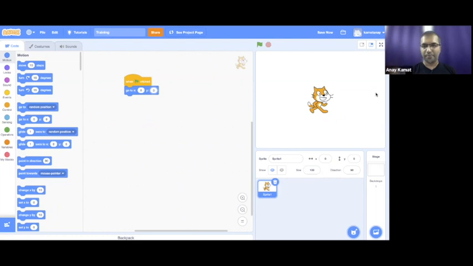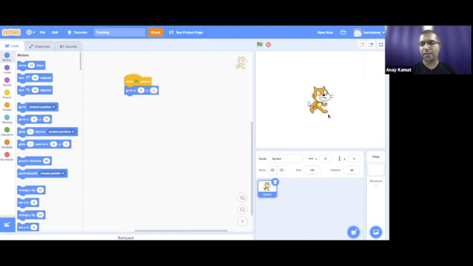Y-axis means going up. Similarly, if going up is positive y, going down would be negative y-axis. So always remember this relationship between positive and negative values. Negative is the exact opposite of what happens in a positive value, and we will see it repeatedly as we go along. All right, so now with this configuration done, on flag click, go to 0, 0. Whenever we want to start, it will always start from the center. This is one aspect of a clean slate.